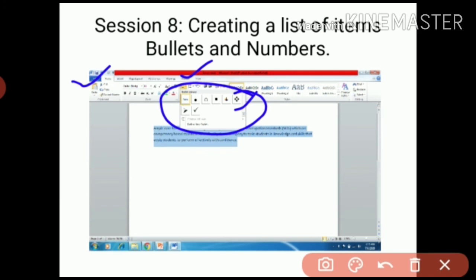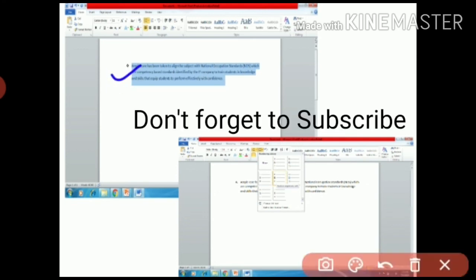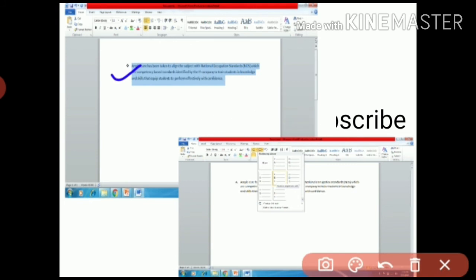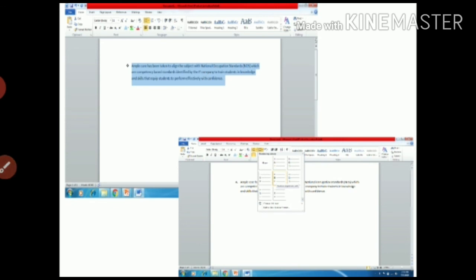Suppose I choose this option. When you select this particular option, you can see here this type of point will appear on our text. And the same thing you have to apply for the numbers. Again, you just have to select the area on which you want to apply the numbering. Then you have to select the particular number option. When you click on that number option, this dialog box will appear where we are having different types of options. Suppose I choose from here the ABC option, and the text will appear like this only. So this is the option with which we can easily set the bullets and the numbers, right?